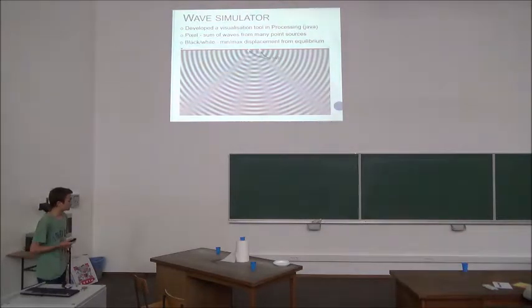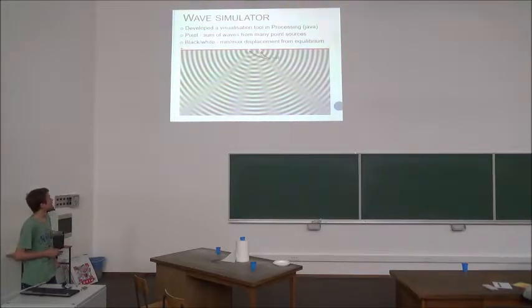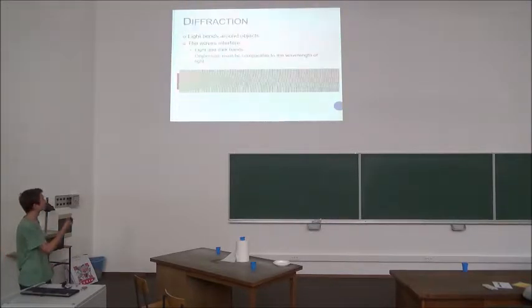To clarify this a little better, I programmed a wave simulator in Java in Processing. Each pixel in this picture represents the sum of waves from point sources, and each slit is simulated as lots of point sources. White represents a high amplitude, black represents a low amplitude, and this is just a demo of the classical two-slit experiment with diffraction.